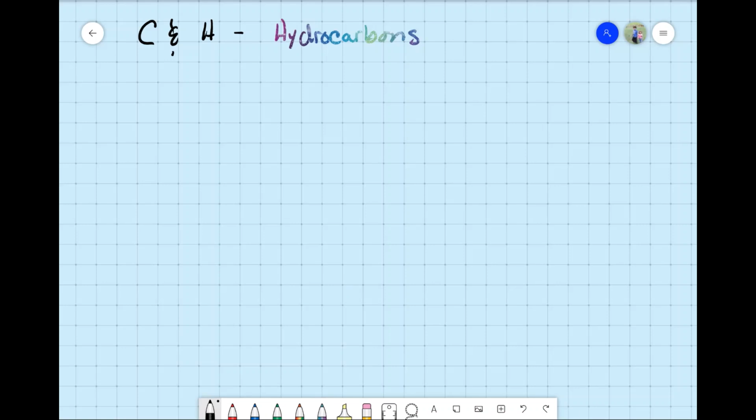All right, so hydrocarbons, compounds of carbon and hydrogen, simplest organic compound that we can think of. We want to think about carbon and how it's going to behave when it mixes with hydrogen, basically. And if we look at the shell model